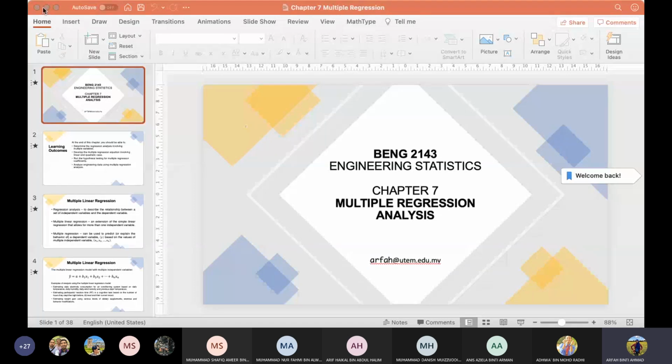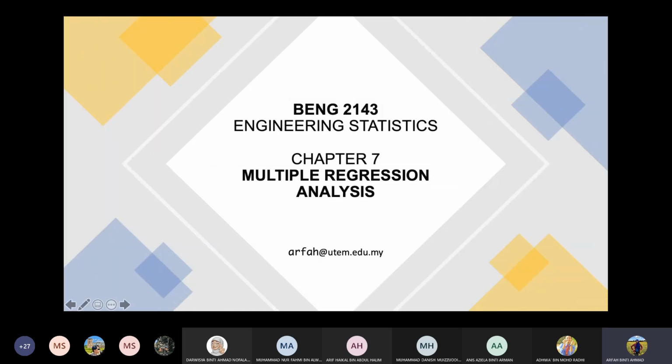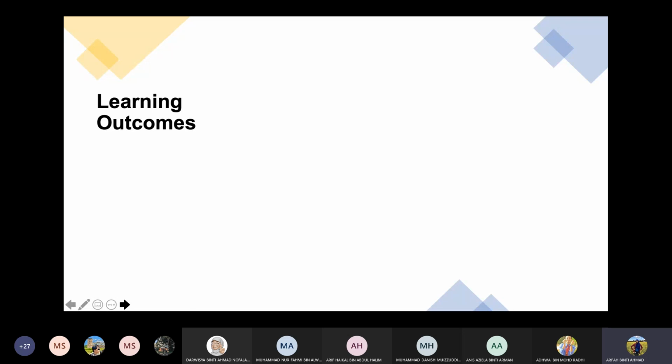Waalaikumsalam. Dengar doktor. Okay. So kita akan continue dengan chapter 7, multiple linear regression. So basically in this chapter it is a continuation, okay, from what you have learned in chapter 6, that is simple linear regression. Okay, dalam multiple linear regression, let's see the learning